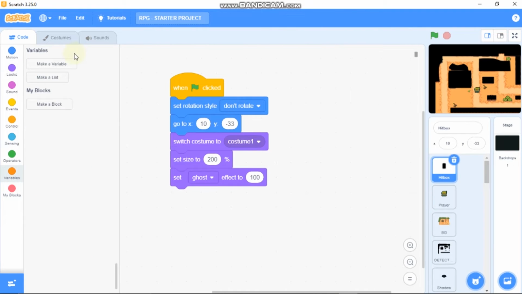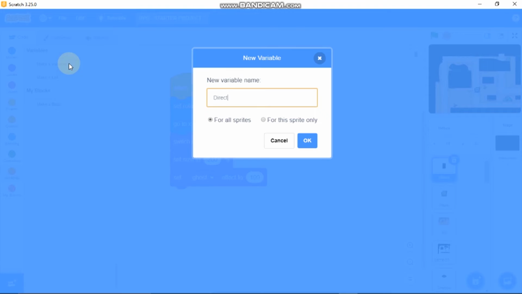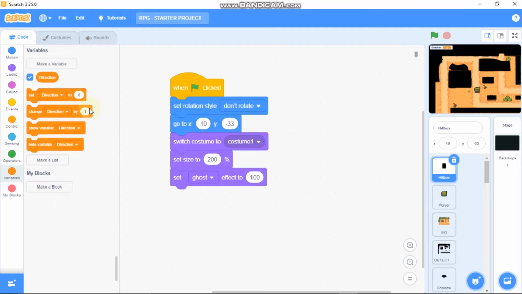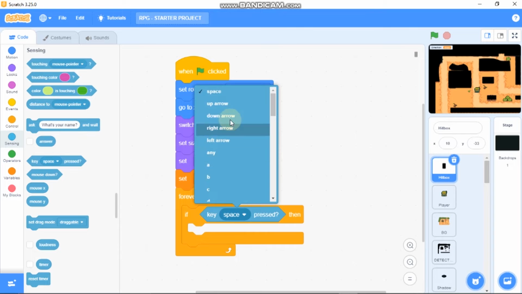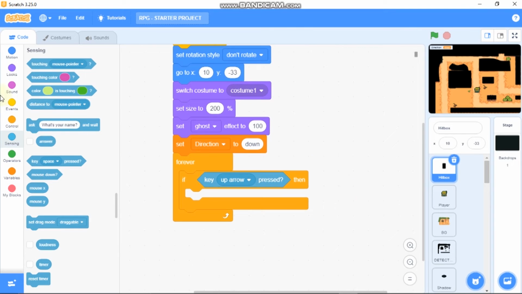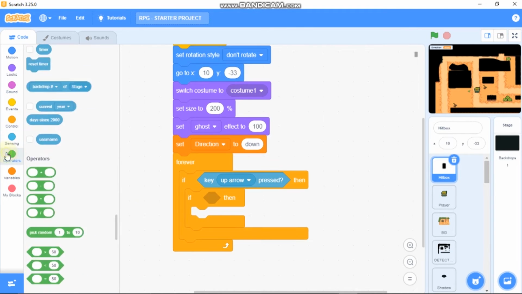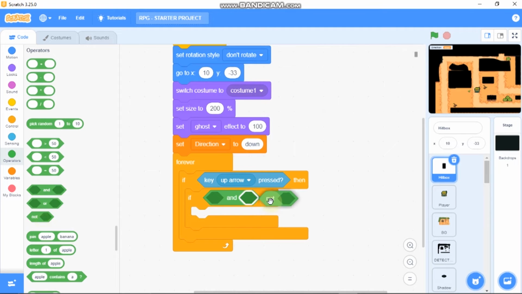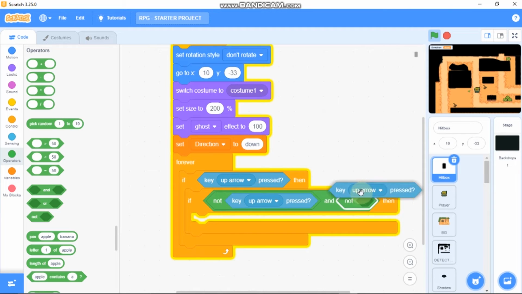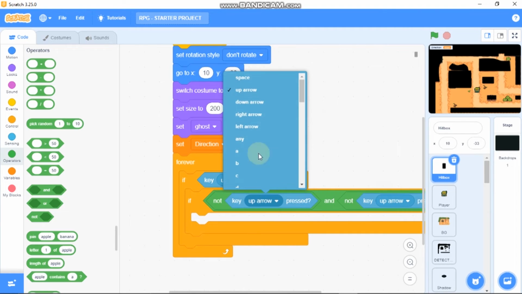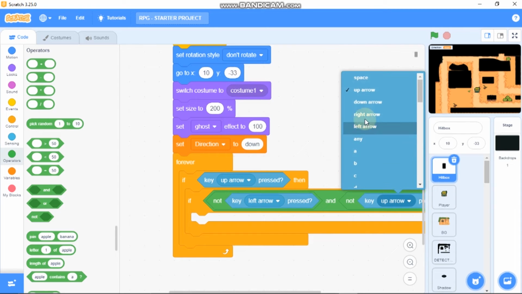So okay, now let's make a new variable called direction for all sprites, and we need to set direction to down. Forever, grab the if statement, key up arrow pressed, and then grab the if statement and not, duplicate, and not key left arrow or right arrow pressed.